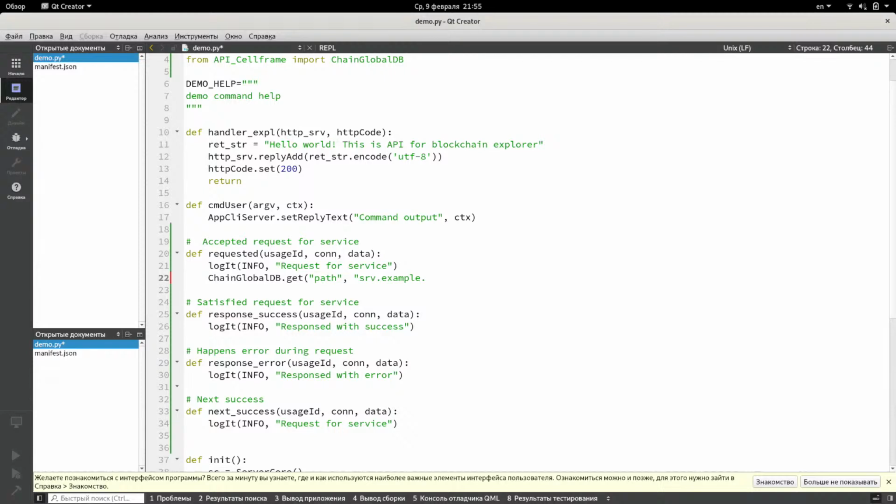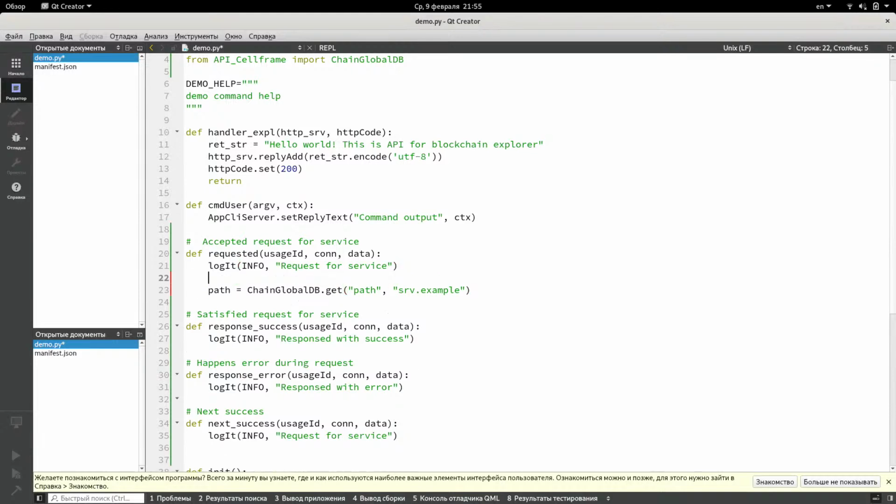Example. Something like this. Everything is simple. And here we go. For example, if you want to write something: chain global db set, path, necessary example,